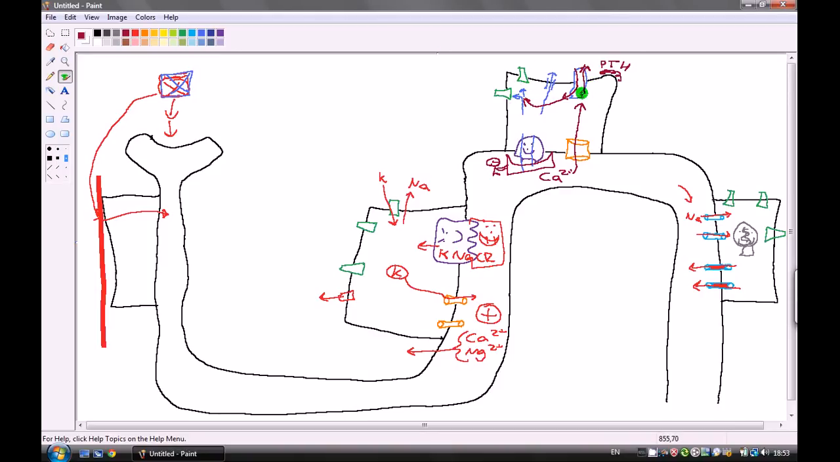Now, that would also mean that calcium is going to be more reabsorbed from the nephron, which is why you get things like hypercalcemia, an increase of calcium. Okay, now what we don't have in here now is we have sodium and chloride moving through the nephron because